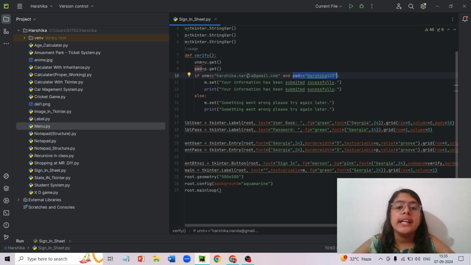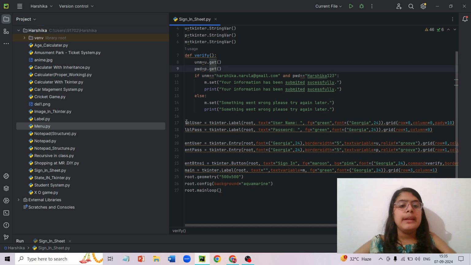Even if I've written Narula 1, 2, it will not take it, and it will say m.set, something went wrong, please try again. What does this m.set mean? Just how we got the value, we can set the value. In get, we can fetch the value, and in set, we can put the value.